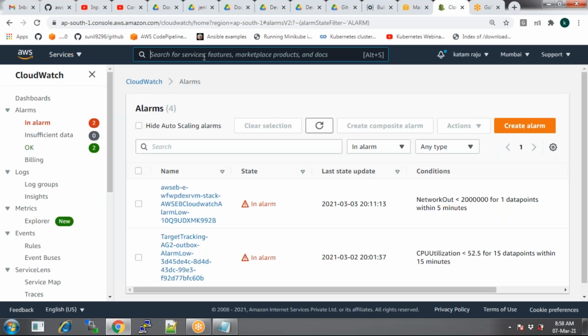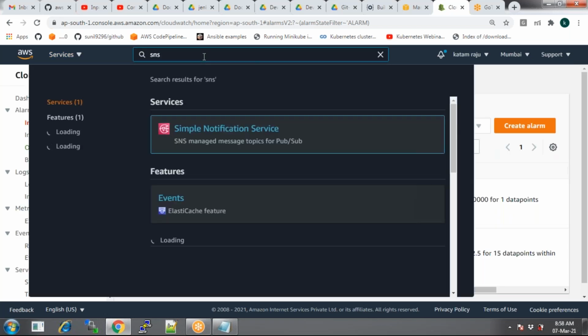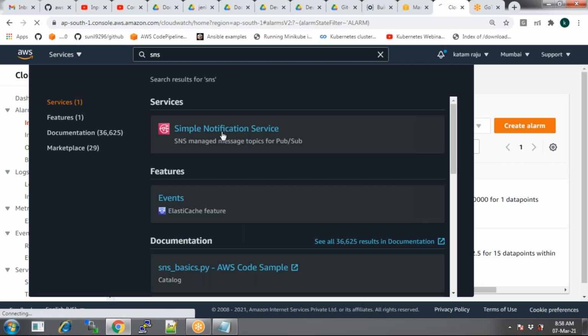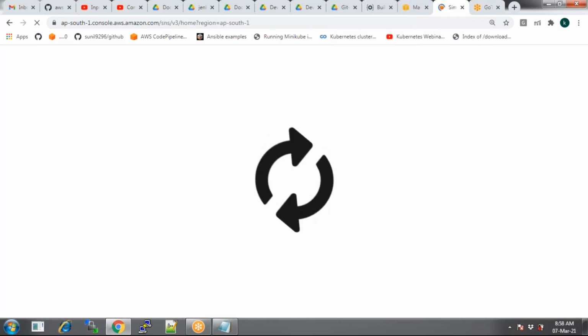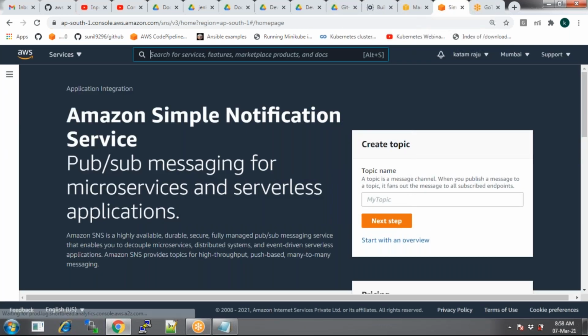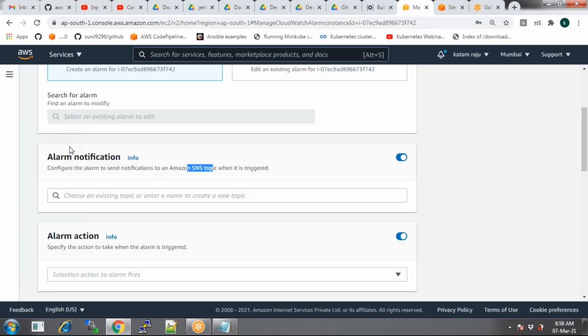SNS is the Simple Notification Service. That is another service, right? That service is integrated within your EC2 again. Remember these points. We'll talk about them under the security side. Okay. Well,